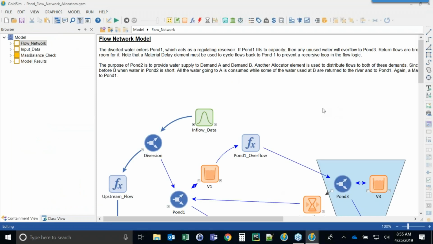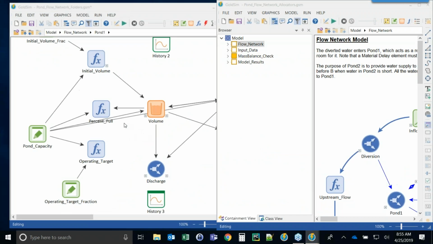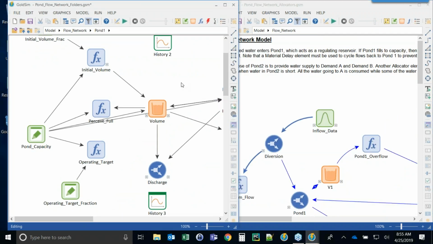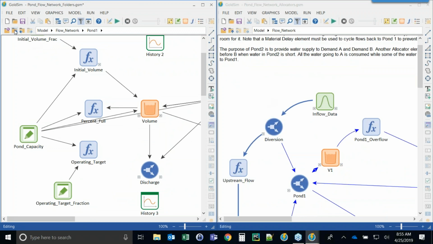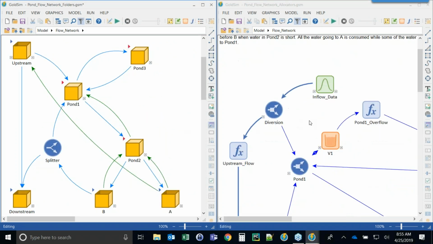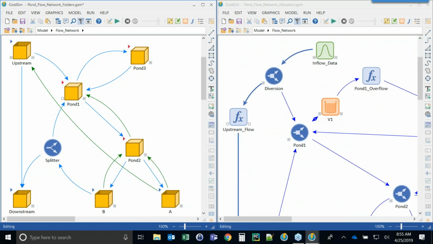Here's another way, also using reservoir elements. I'm going to move this one over. Move this one over to the side. There we go. And move this one over. Okay, so space is a little bit cramped here, but anyway, this model over here on the right is exactly the same thing. All I've done is remove the containers, and I'm only including the flow related